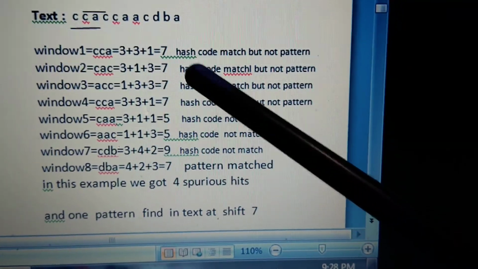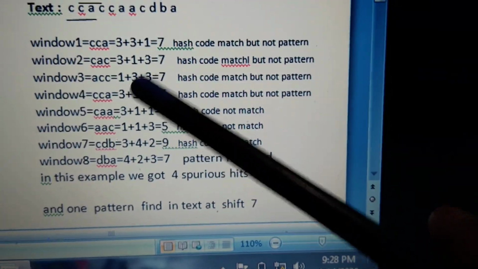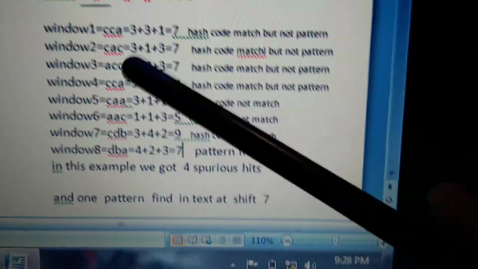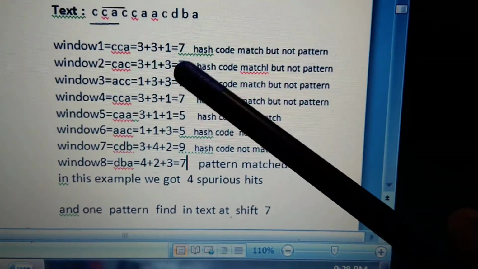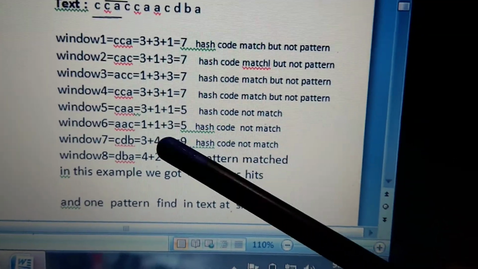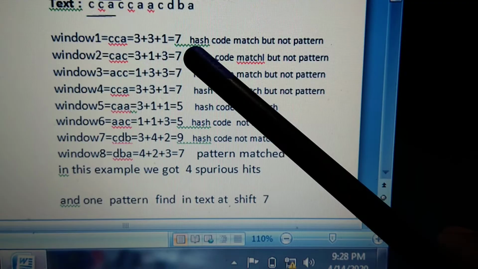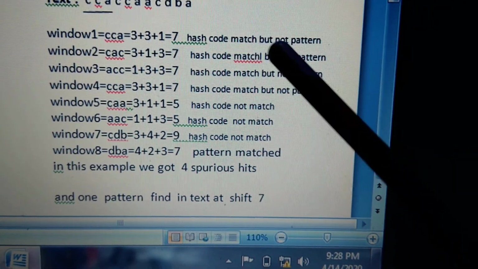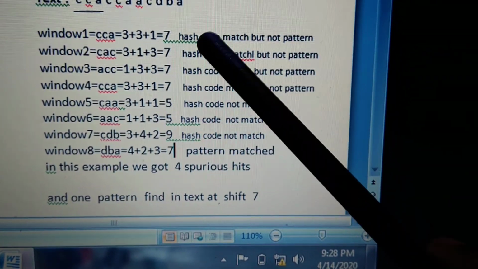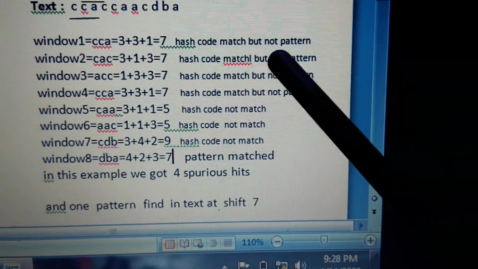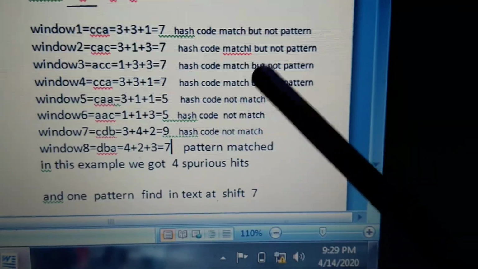Based on the number of shifts, after identifying the individual windows we have to find the hash code values of all the windows and compare each window's hash code value with the pattern hash code. If both are equal, then go for checking the individual characters. If the hash codes are equal and the individual characters are not equal, then that is called a spurious hit.